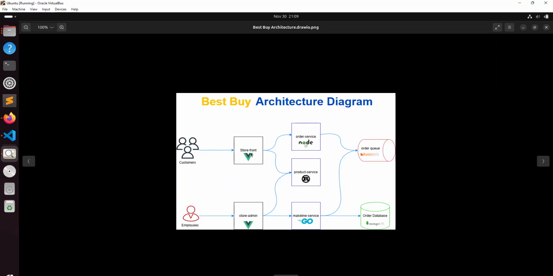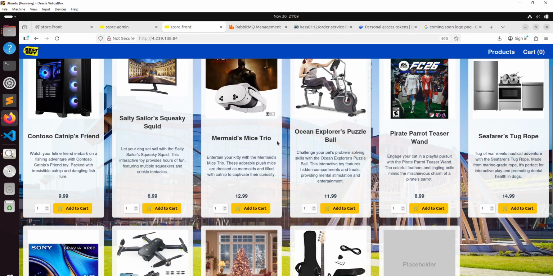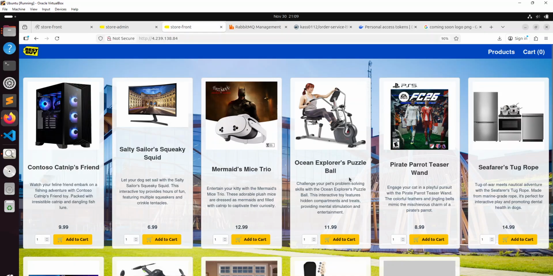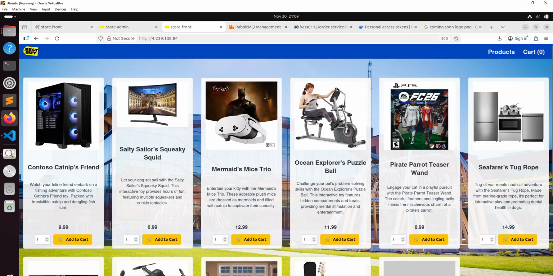Here is our storefront. On the storefront we have all the products, the items, and the customer can see the items. It is going to place